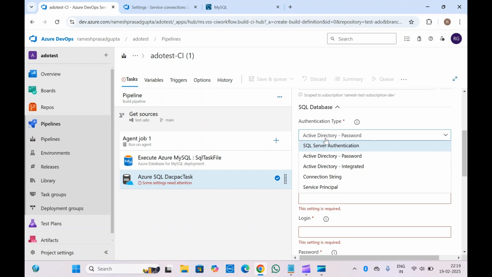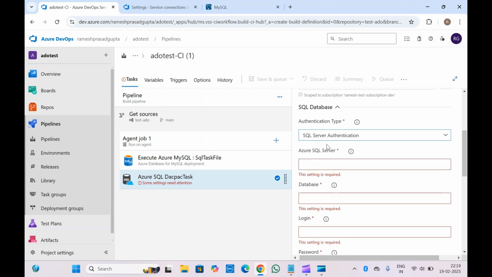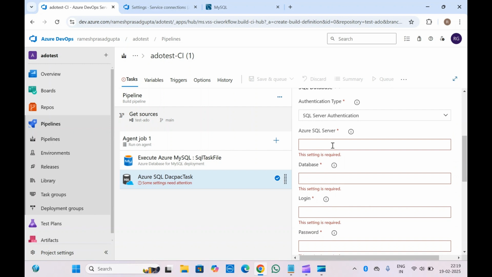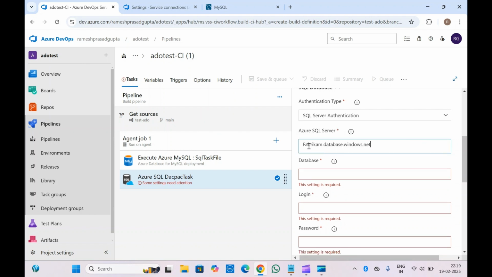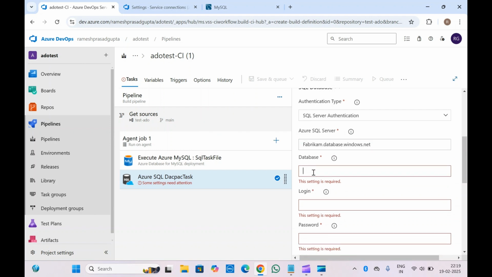You can add the SQL database authentication type. Suppose you want to use SQL Server authentication, you can add the Azure SQL Server details here, something like that. If you click on this I button, there will be one host name for your database server. You can just add it something like this. After that, you can add the database,